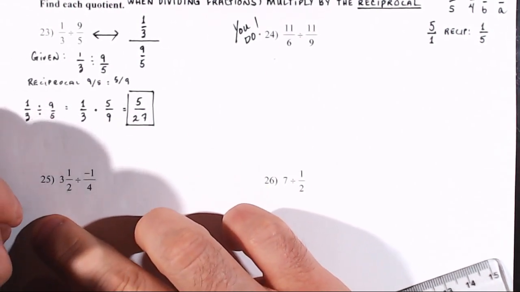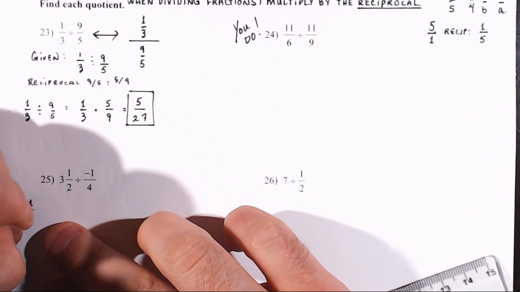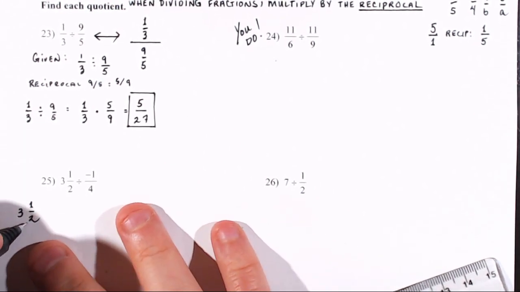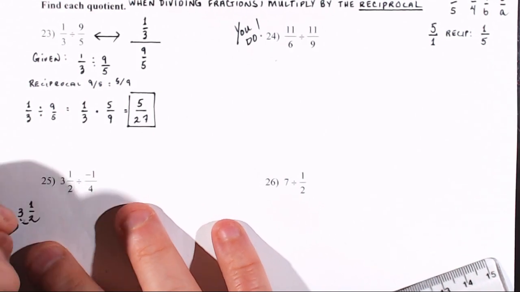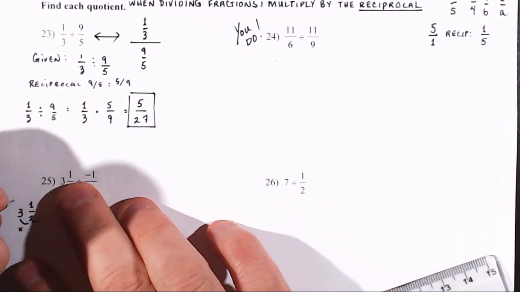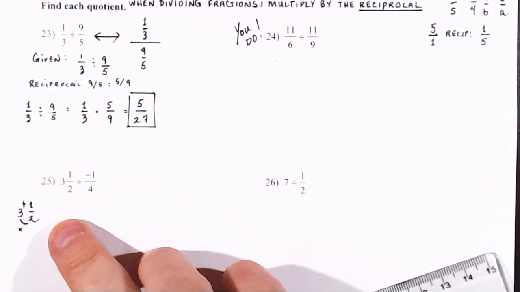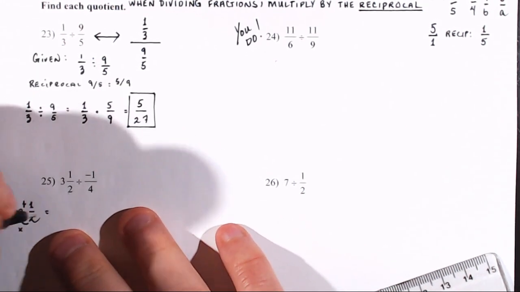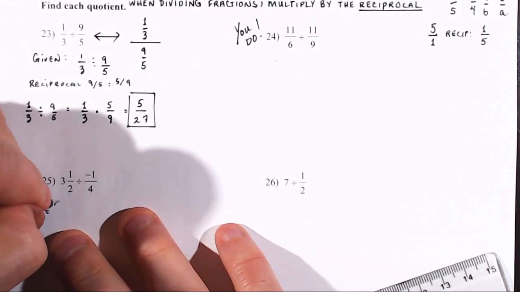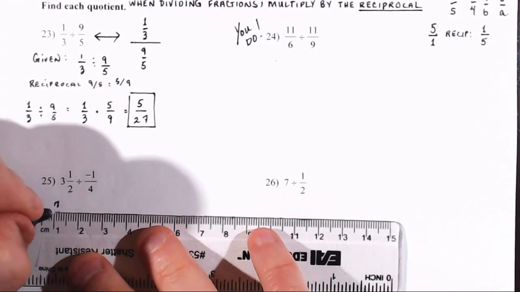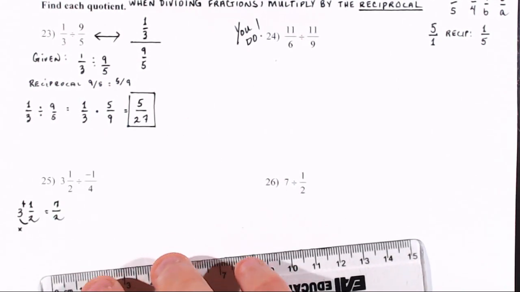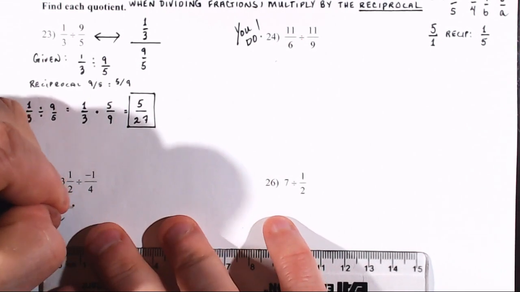So take 3 1/2, and we have to convert this into an improper fraction. The way we do that is we multiply 2 times 3, and then you add that product to the numerator of the fraction. So 2 times 3 is 6, plus 1 is 7 over the denominator. So this is equal to 7 over 2. We needed to get that before we could even start, because we have 7 over 2 divided